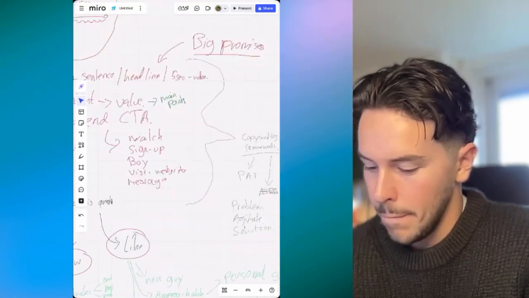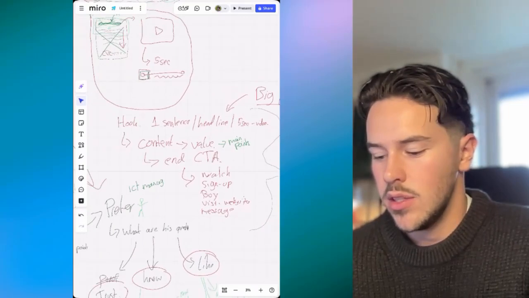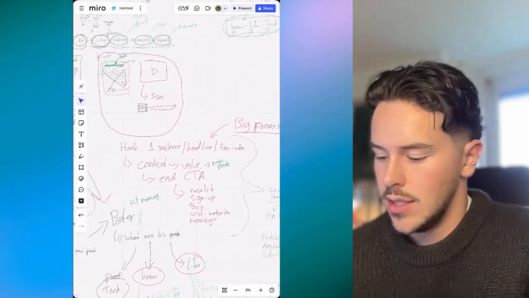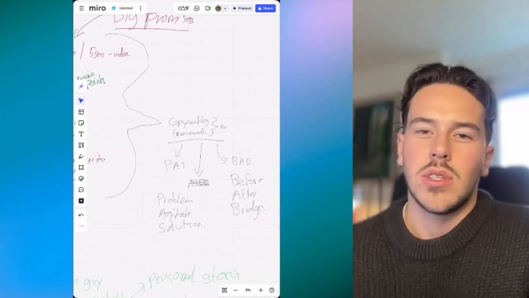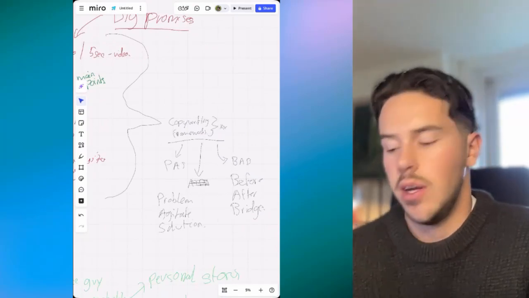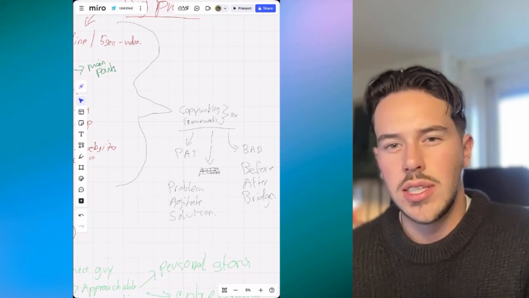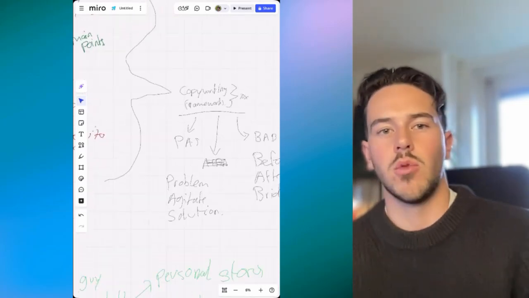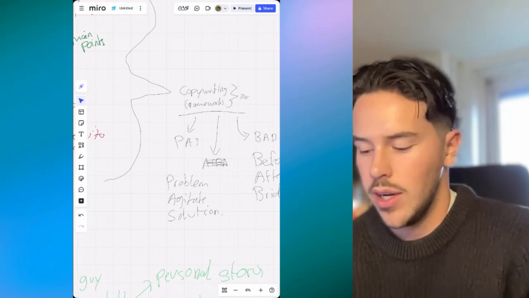So yeah. Okay, now we know the structure of a piece of content. We know how to get the ideas. Then there's the next thing, and I would say this is the big secret of copywriting: frameworks. I don't really care what kind of framework you use, but if you use a framework, your content will already be 10, maybe 100 times better than the content you're writing right now.